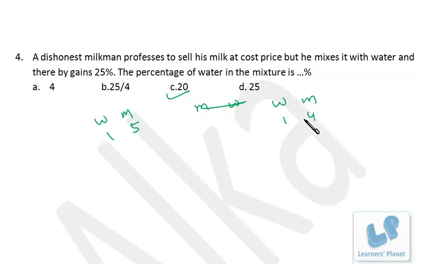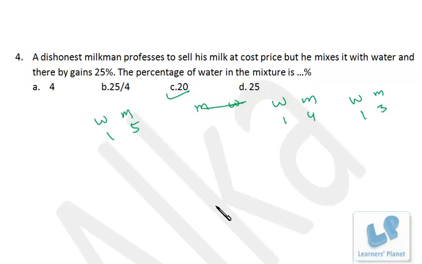25% profit, that means 1:4. That means 1 part is water, 4 parts is milk. So it's 20%. And here in this case, it says 16.66%. And if you wish to take the example of 33%, then water to milk: if 33% profit is there, that means 1 by 3. In that case, 1 part is water, 3 parts is milk. So out of 4, 1 part is water. That's when 25% water will be there, right? So the problem can be done very easily. It will take just seconds of yours. I hope you are getting me.